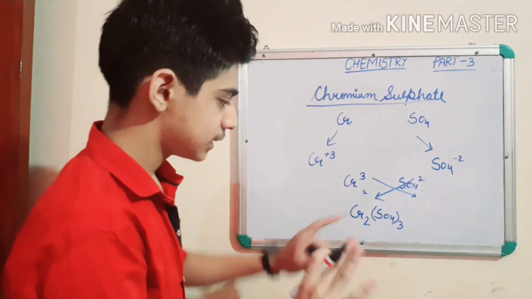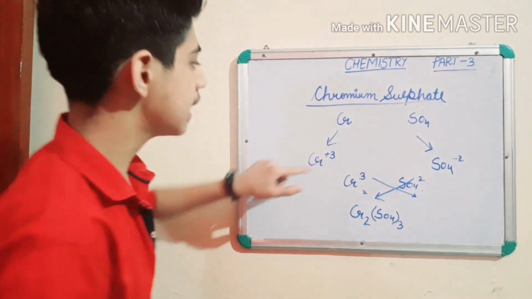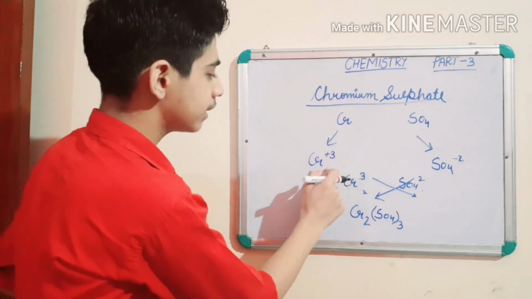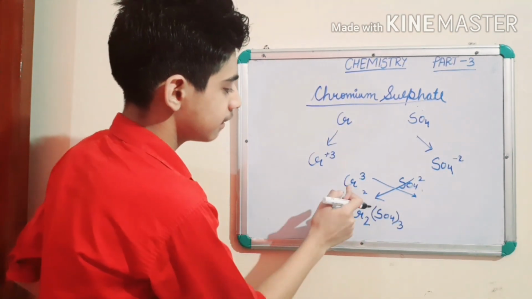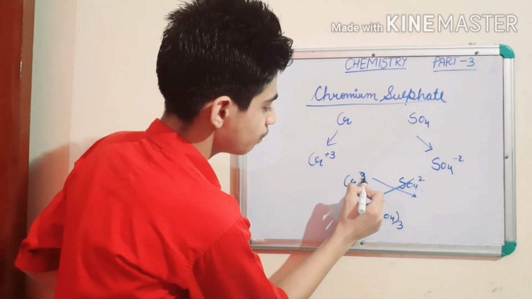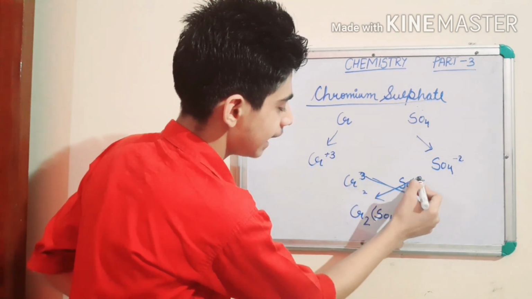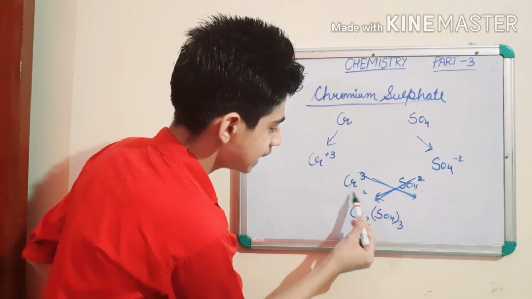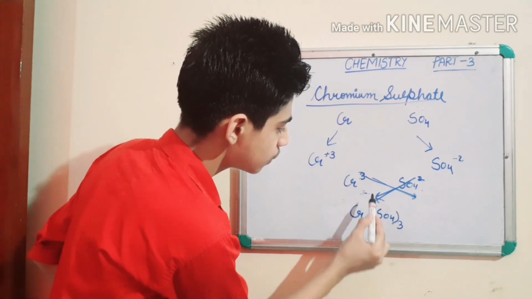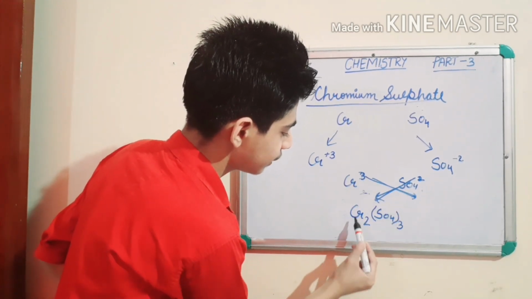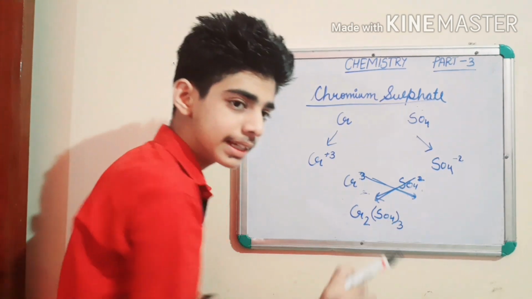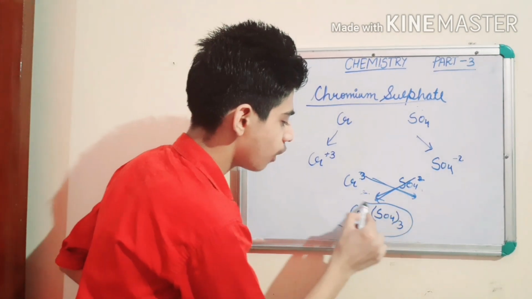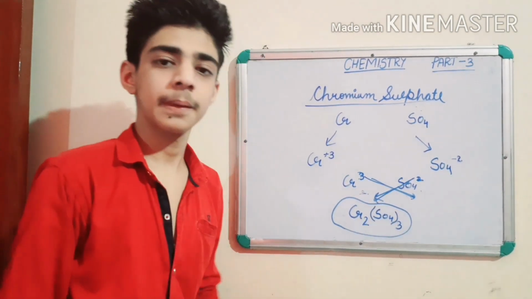sulfate. So as you have seen, what was the first step? We have written chromium and sulfate, their symbols, put their valencies, then the valency of chromium goes here and the valency of sulfate comes there. So what will become? Under Cr comes 2 and under sulfate comes 3. So Cr2 (SO4)3, the bracket is only around sulfate and it is 3. This is the formula of chromium sulfate.